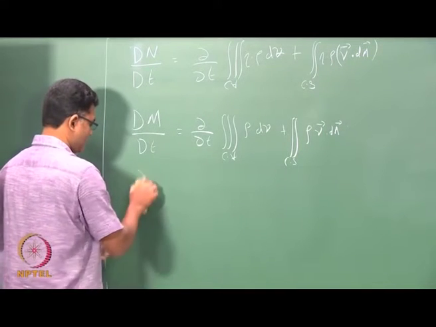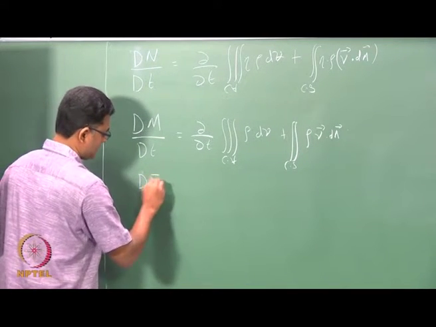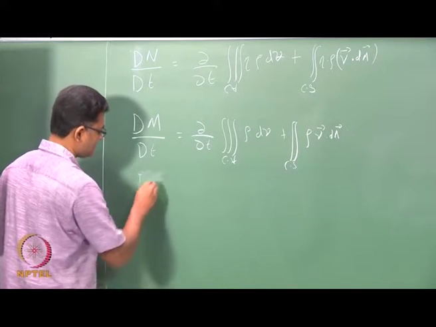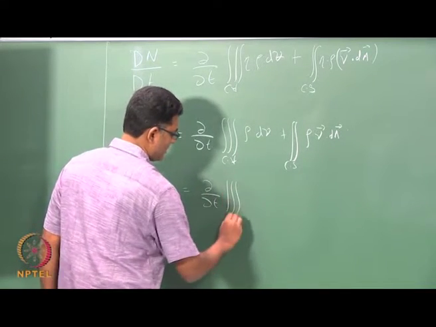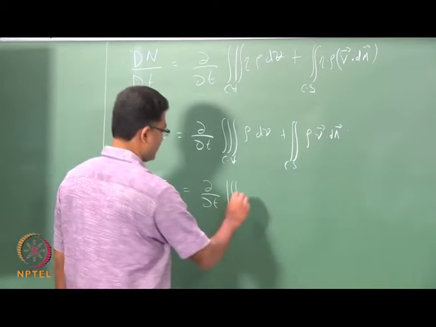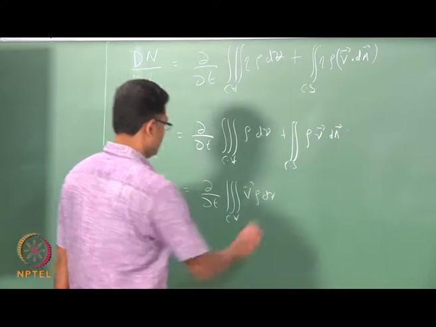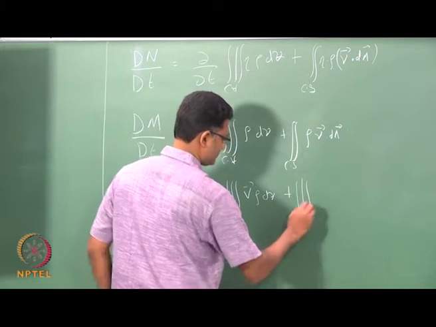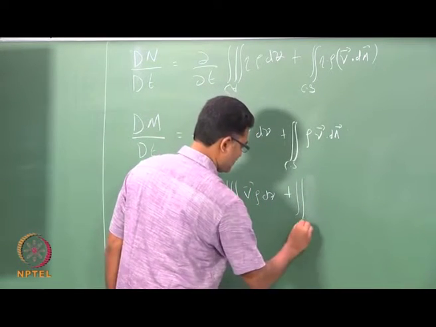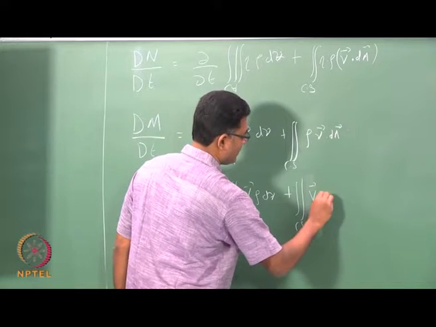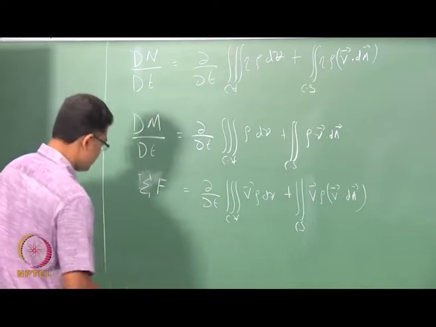If the property is force, it is essentially the sum of forces, and eta is now the velocity V, plus the control surface integral of V rho V dot dA. And if it is energy,